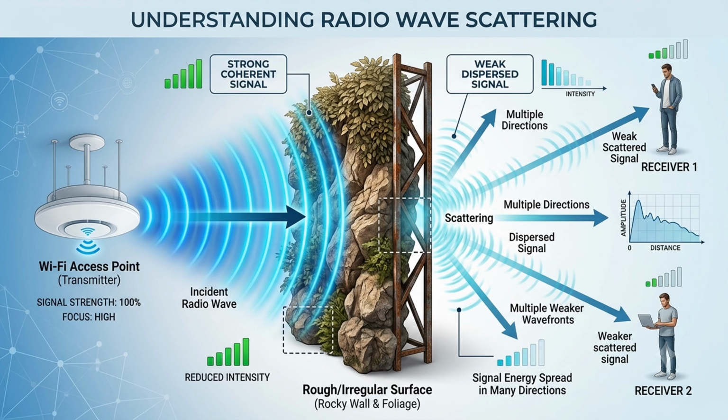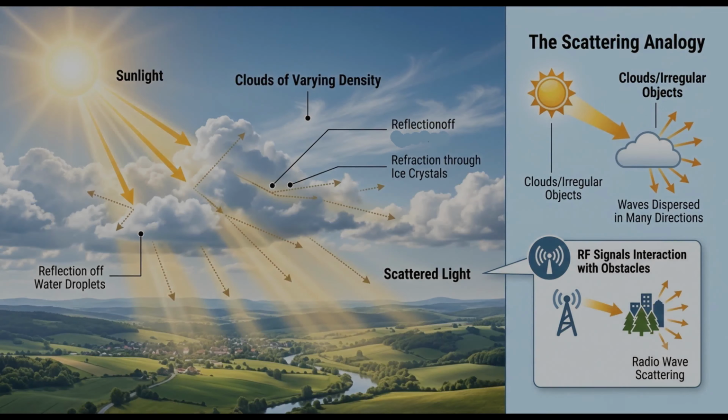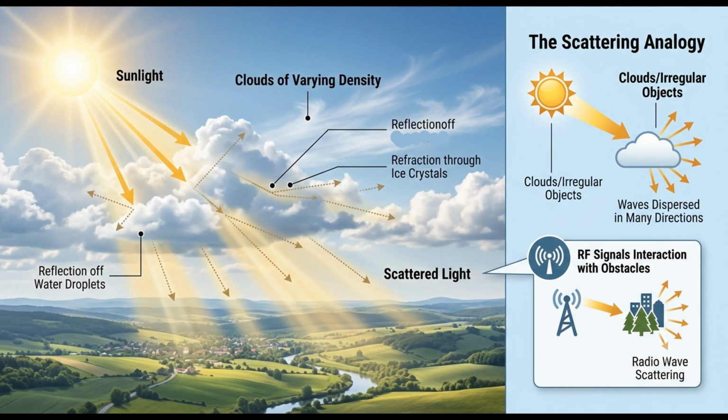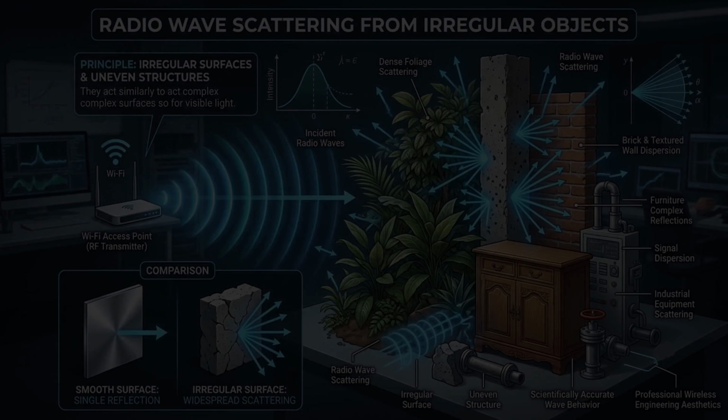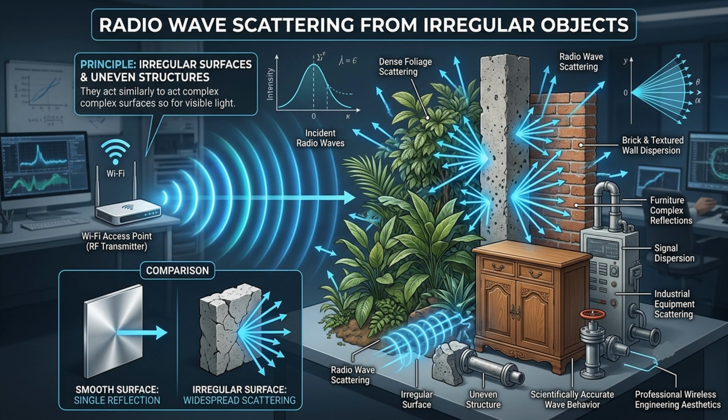Instead of reflecting in a single predictable direction, the signal is dispersed into many different directions, creating multiple weaker wavefronts. A useful analogy is sunlight passing through scattered clouds. As light interacts with clouds of varying thickness and density, it is reflected and refracted in different directions, causing the sunlight to spread out. Radio waves behave in a similar manner when they encounter objects with irregular surfaces or varying